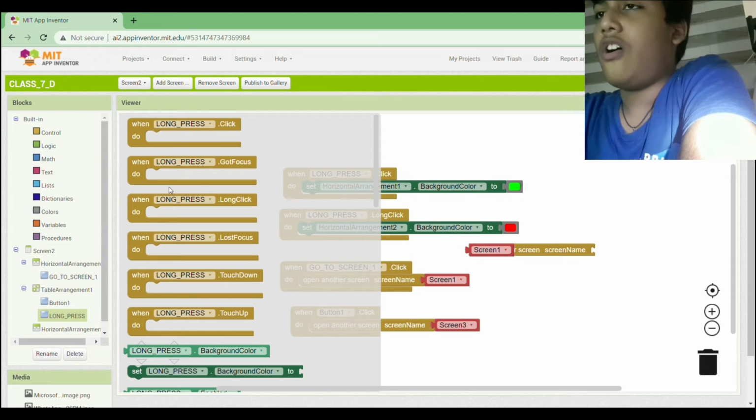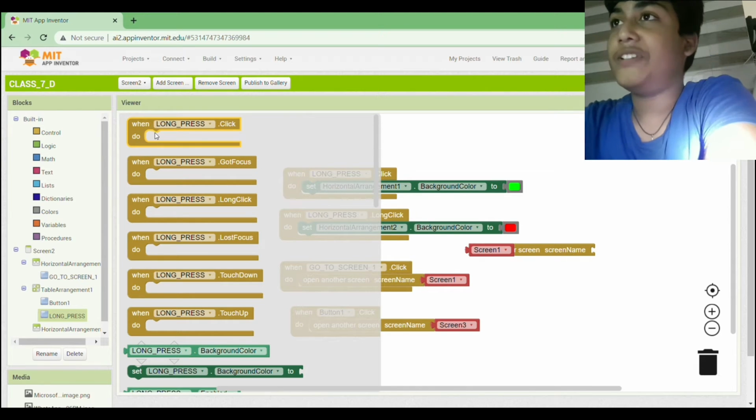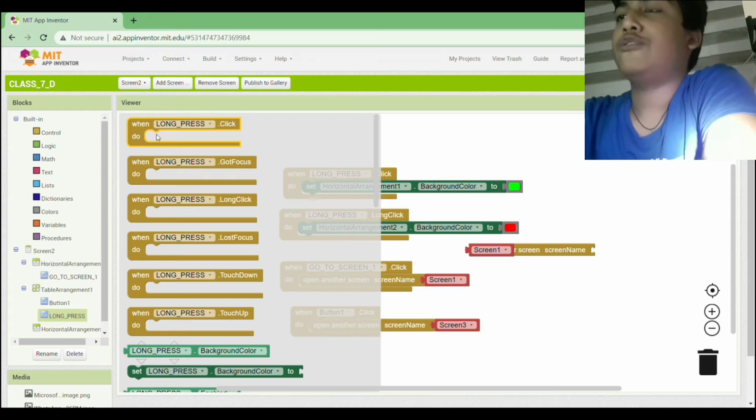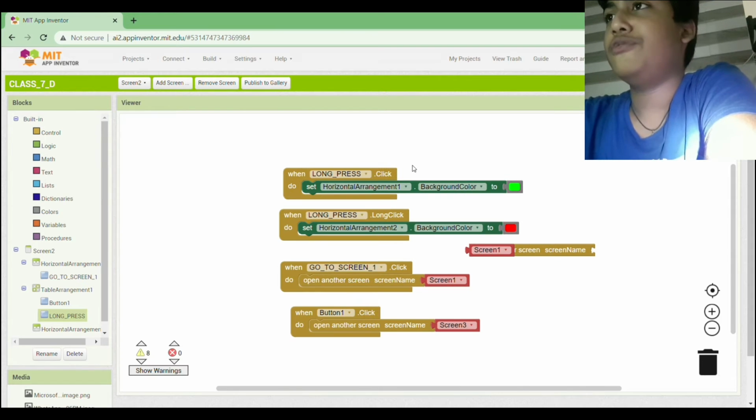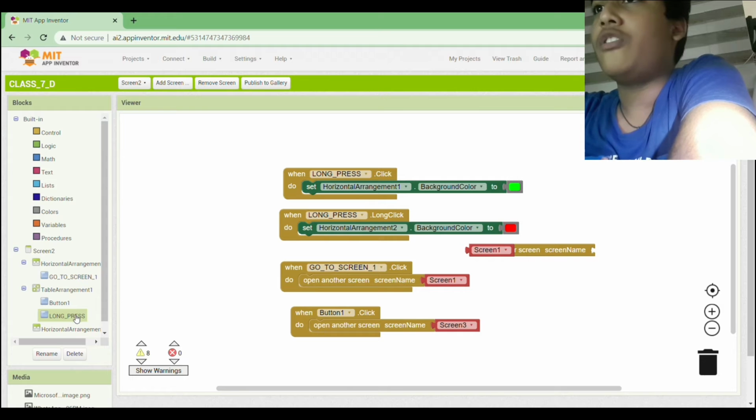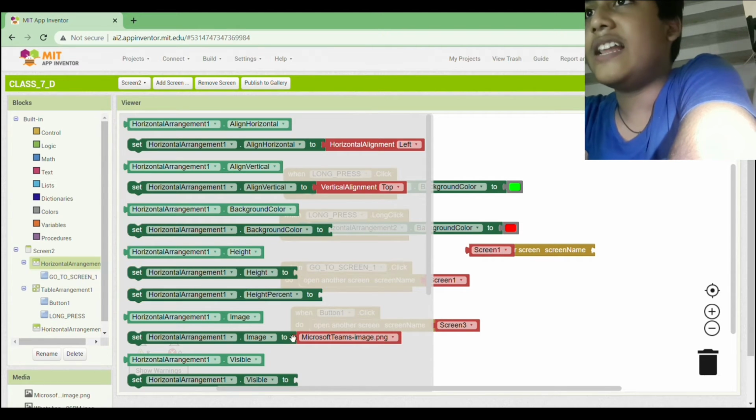When we click on long press, it shows, and when we click on long press we have to select this "when long press.click do" and drag and drop it to here. Now we have to come to horizontal arrangement 1 and then select the option set horizontal arrangement 1 background color